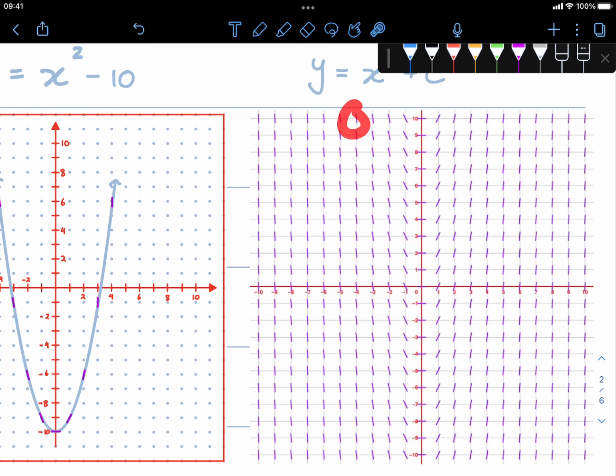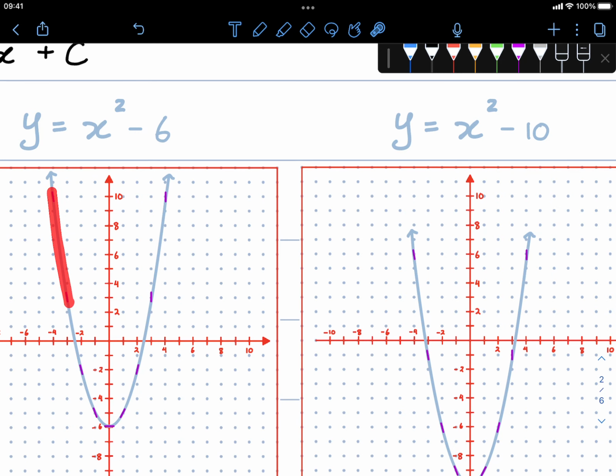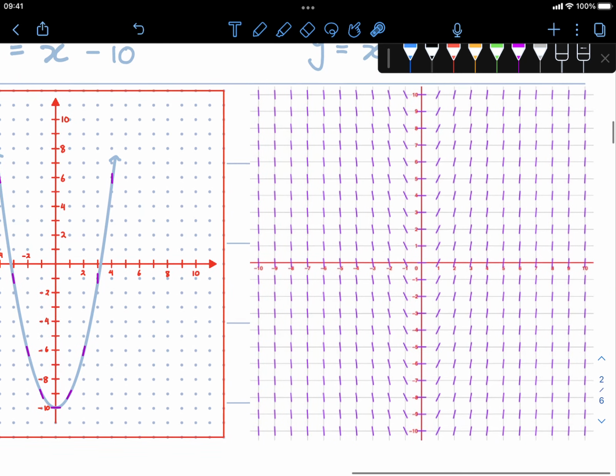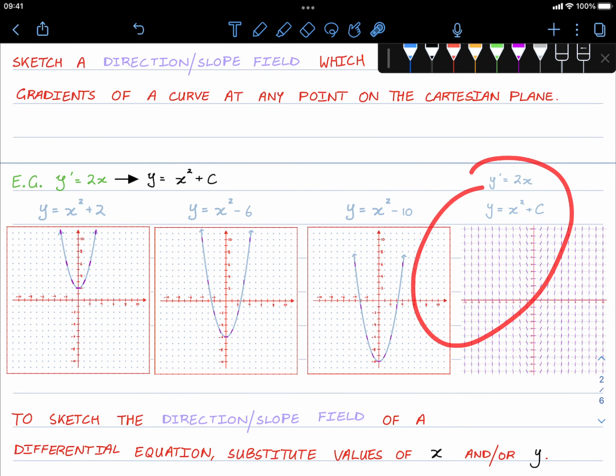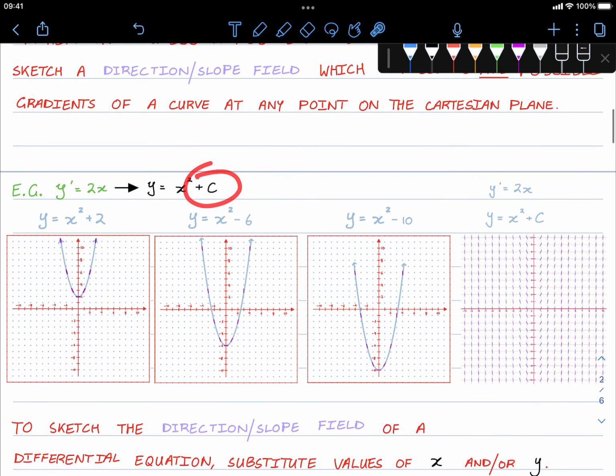So these two, in combination with each other, would make this sketch. So a slope field here represents all the tangents at all points for all values of plus c for this